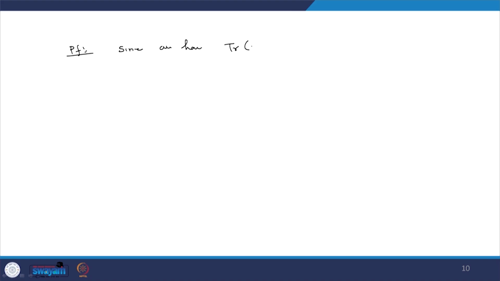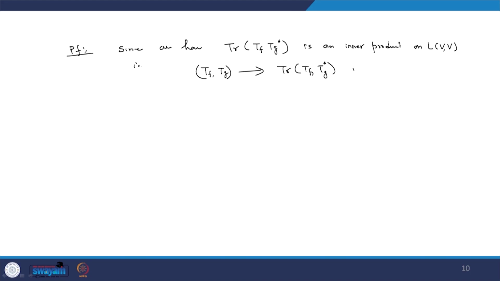trace of T_f and T_g star is an inner product on L(V, V). I mean to say that the function (T_f, T_g) goes to trace of T_f T_g star is an inner product